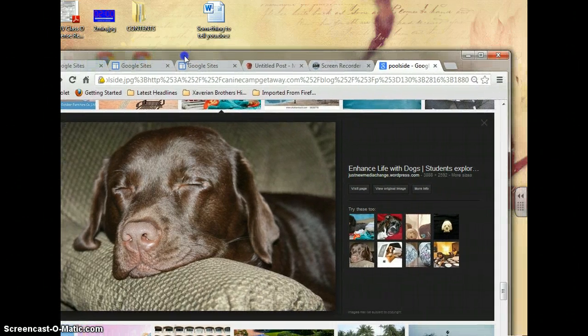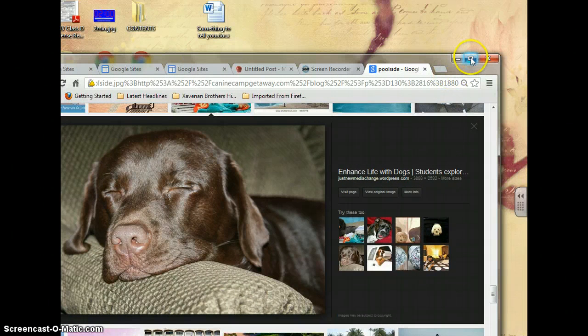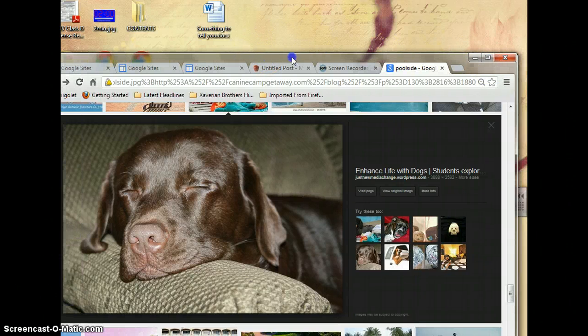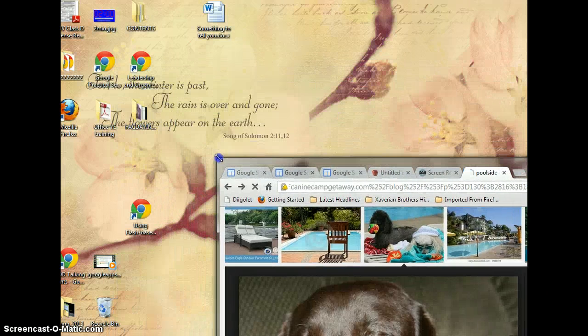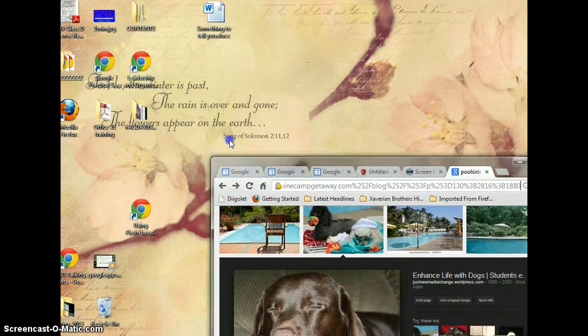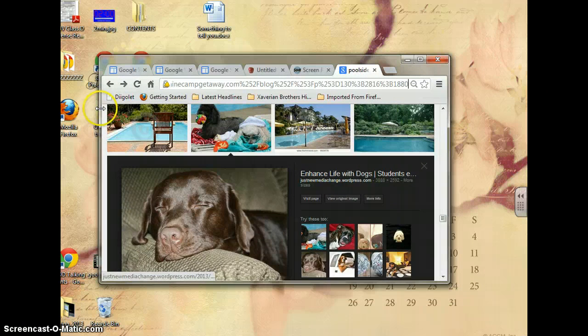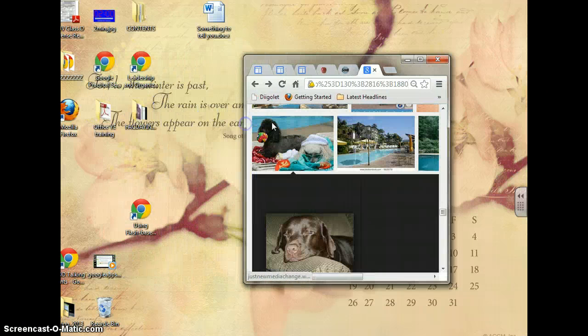Now, if I'm in this, what we call maximize, that means if I click on it now, it's going to take up the whole screen. So now that it's workable in this view, I'm going to move it around to the edge. And on the very edges, when I get these two arrows, one on either side, that means I can shrink. Click, hold, and drag, and shrink it down, and then move it around. So here I am,